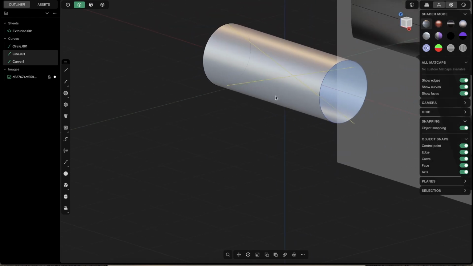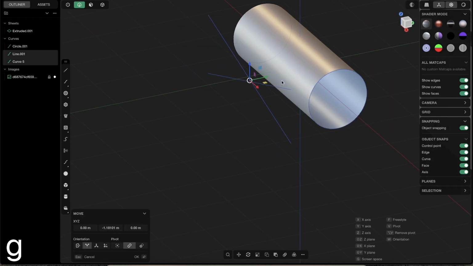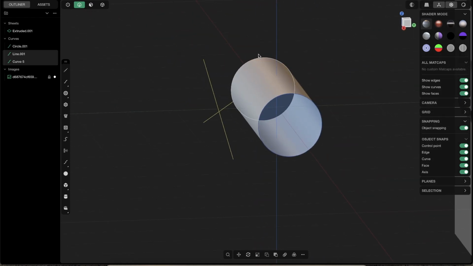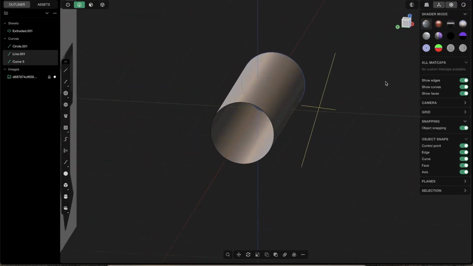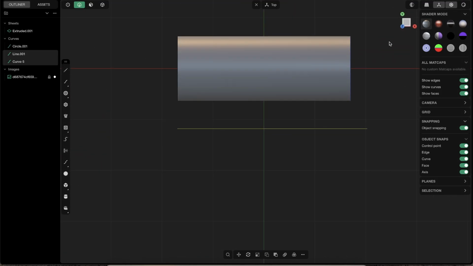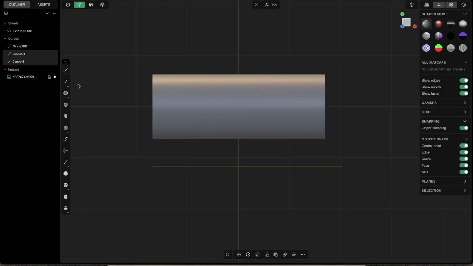And let me select them both and, with G, bring them to the front so we see them better. Also, we only want to work on one half, so we don't need the other half because we will just mirror that over. So I just want to go to the top view and again create a line with Shift A and just snap to this